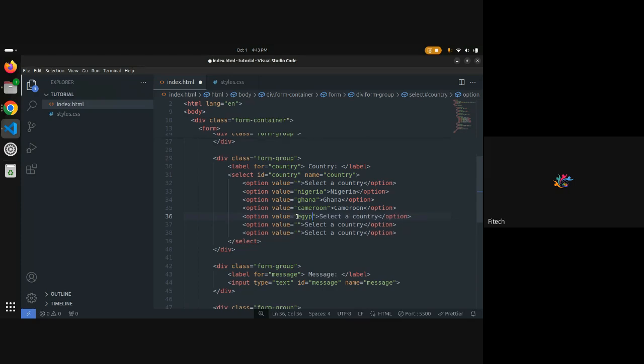Egypt. Let's say Egypt. Let's say Lesotho. Then we have Lesotho. Then what else? Let's use Namibia or